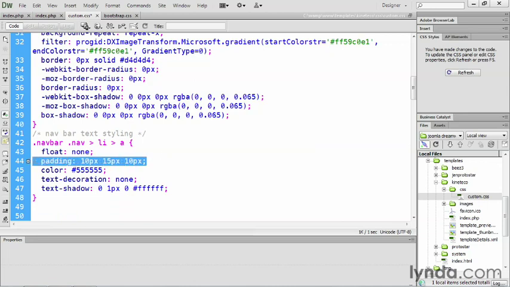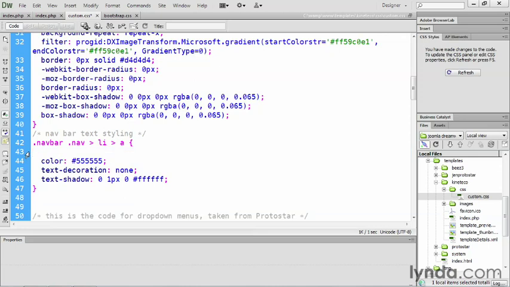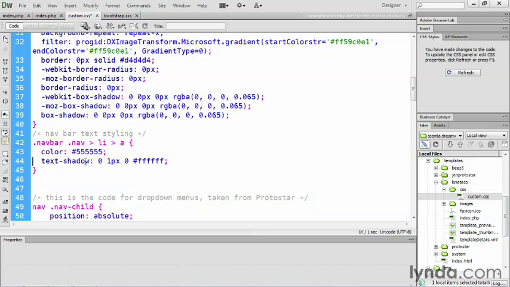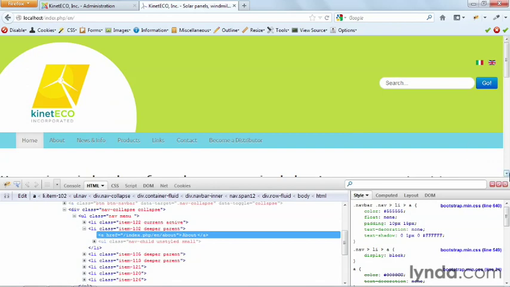Now, a lot of this I'm not going to restyle at all. I'm going to keep the padding the same, the float the same, so I can just erase those out of here. And the text decoration is going to stay the same. But this text shadow, I'm going to set to a value of none. And if I say File Save, and I refresh the front end of the website,